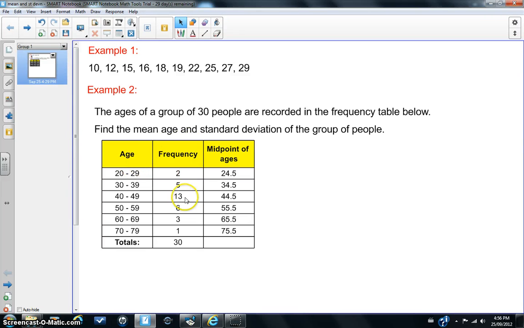There are 30 people, and the table is telling us that we have 2 people whose ages are between 20 and 29, 5 people have an age between 30 and 39, 13 people have an age between 40 and 49, etc. Now if we need to find the mean value of these people, the mean age, we can only make an estimate because we don't know the actual